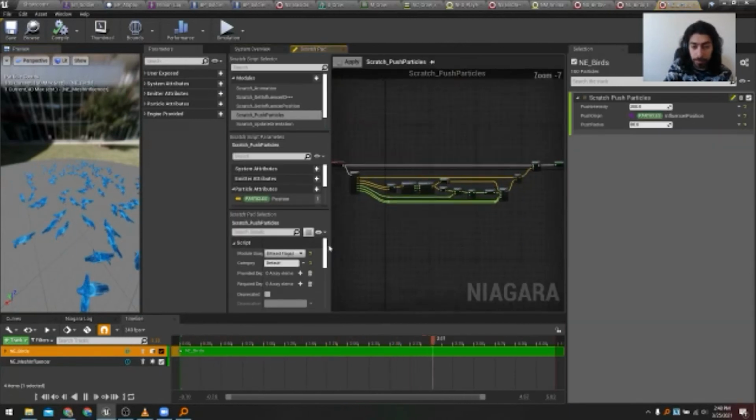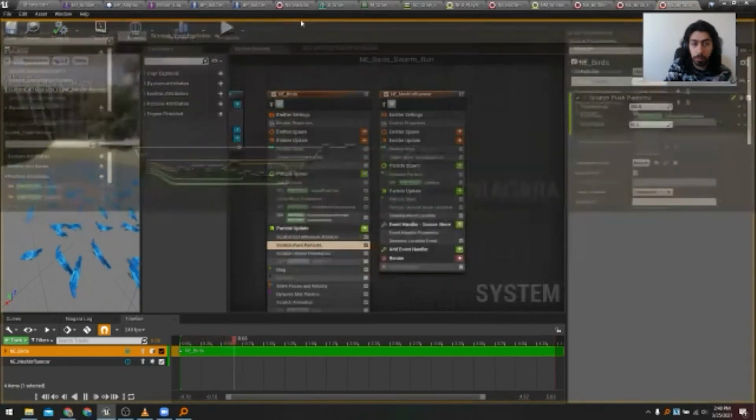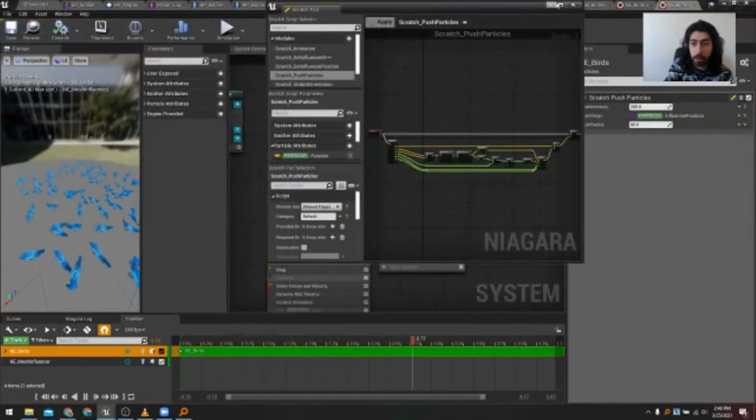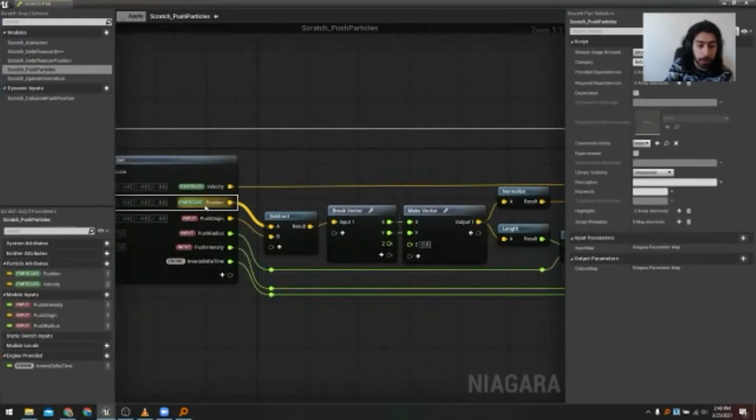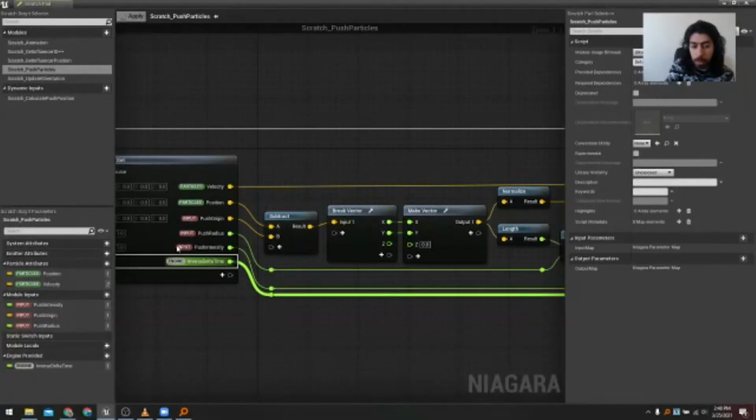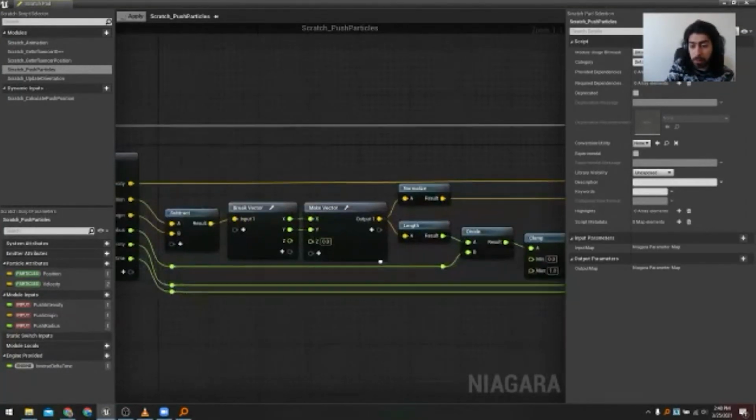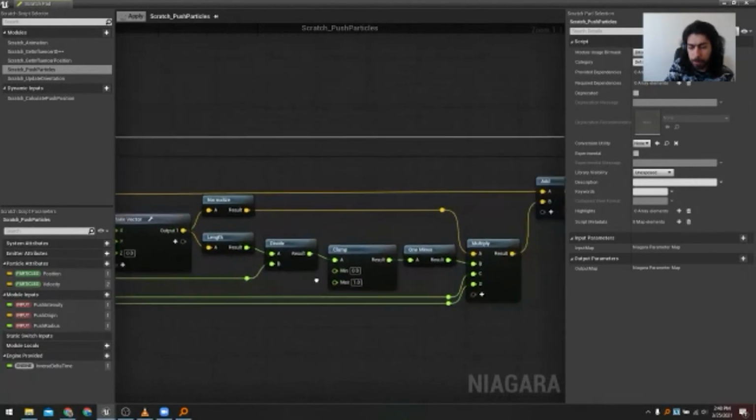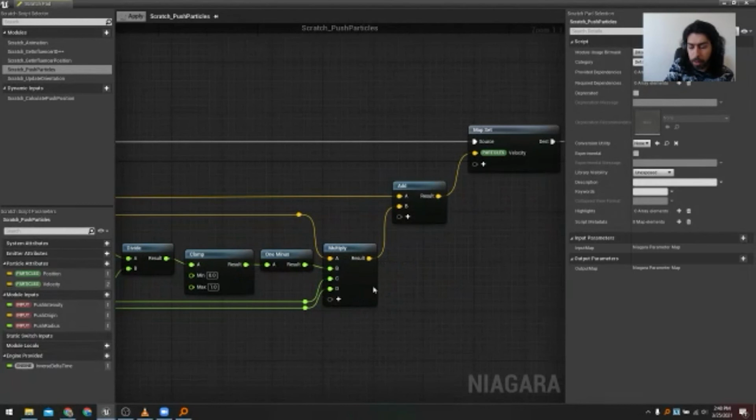Now, this is the function I'm using to move away from the player. And it's quite simple. It's basically looking at, okay, give me the position of the player and give me my position and create a vector based on those two. And then based on the radius to push between them, as the player gets closer to this radius, I want to increase my speed to move away. That's about it. And then we're slowly just changing the location of that bird.